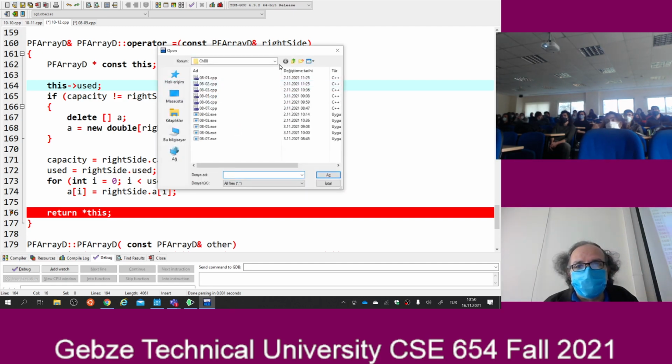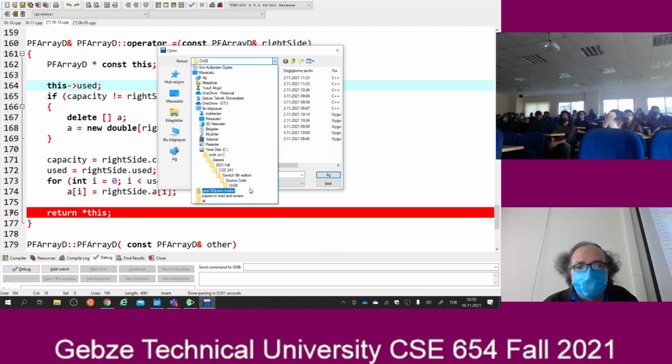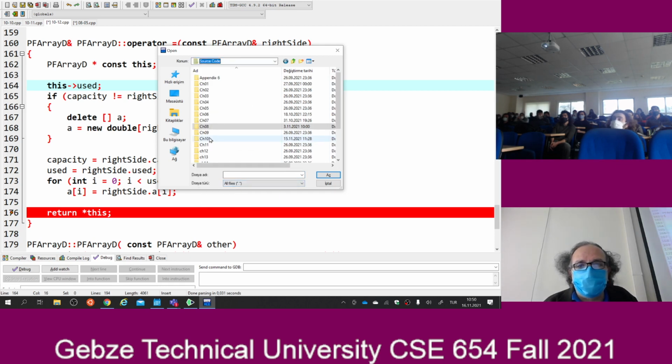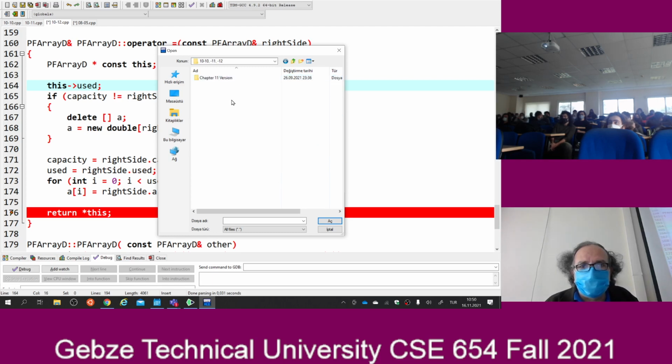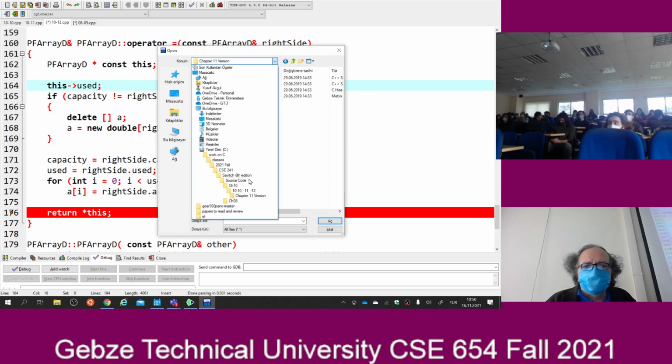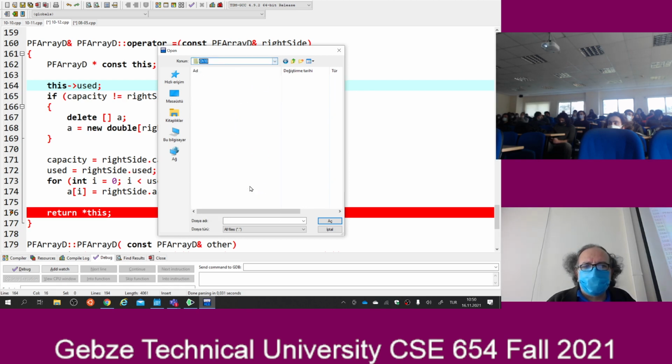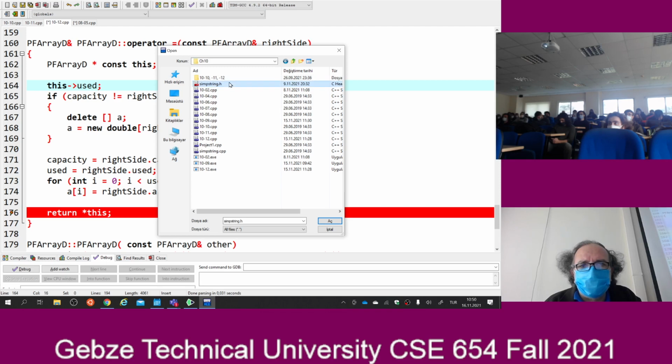locate chapter 10. You have these codes, right? The sample code from the book. It is available somewhere on the book site or whatever it is. Yeah, simple string. Maybe here it is. Chapter 11 version. What is this? Yeah, well, this is different. No, don't do that. Okay, let me try to open the simple string